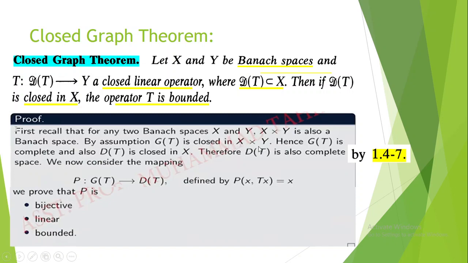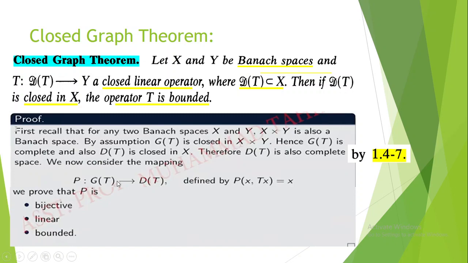The graph is closed in the Cartesian product, hence the graph is complete. When it is closed, then it is complete, because this is a Banach space. So G of T will also be Banach. Also D of T is closed in X. Whenever this is closed in X, then as X is Banach, D of T will also be Banach, meaning a complete space. Now we consider the mapping